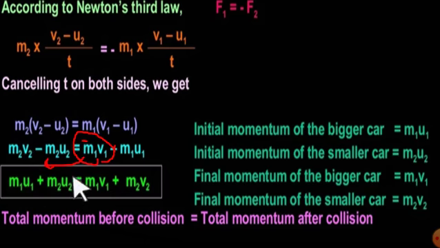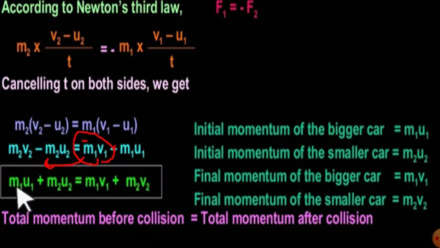So M1 V1 on the left hand side, M1 V1 plus M2 V2 will be there on the left hand side, and this M1 U1 plus M2 U2 will be on the right hand side. So you just interchange those on the left hand side to the right side, those on the right hand side onto the left hand side, and then you will get like this. So what is this, the resulting equation?